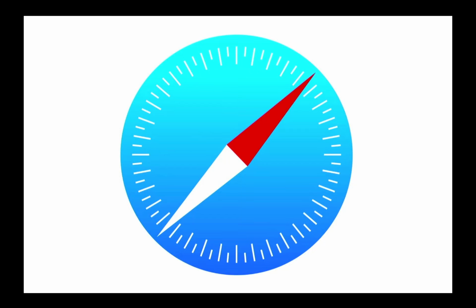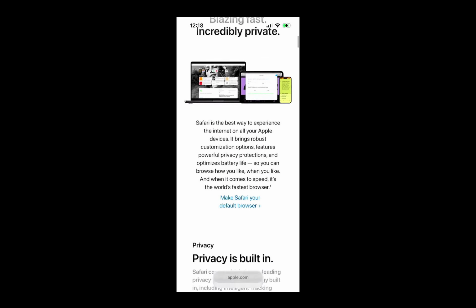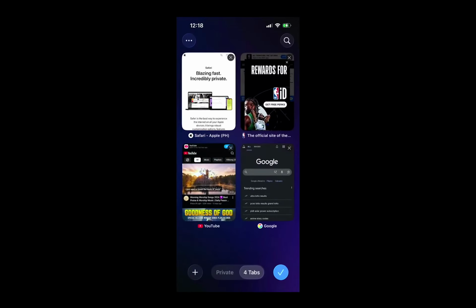In today's video, I'm going to teach you how to turn off Safe Search on Safari. If you're using Safari on an iPhone or iPad, it's important to know that Safari itself does not actually have a built-in Safe Search switch. Instead, Safe Search is usually controlled by the search engine you use inside Safari, like Google, Bing, or DuckDuckGo. So if you want to disable Safe Search, you'll need to adjust the setting through that search engine, not through